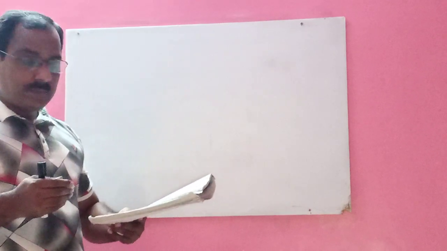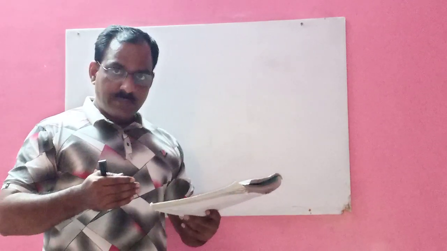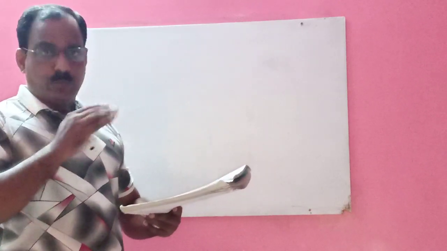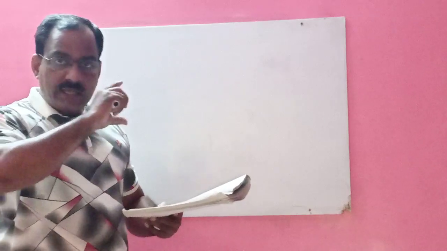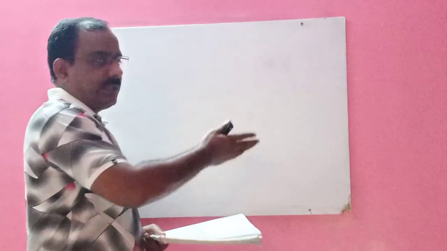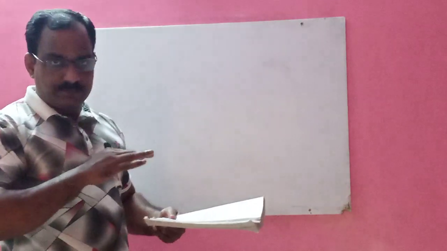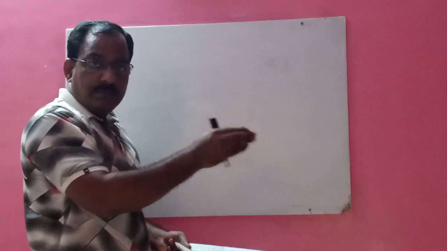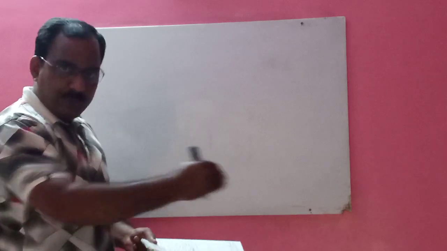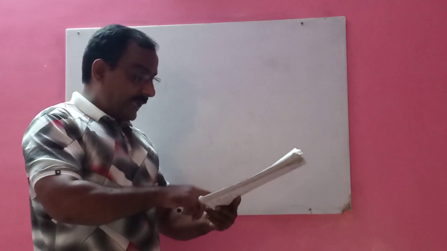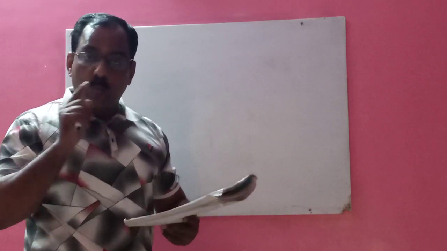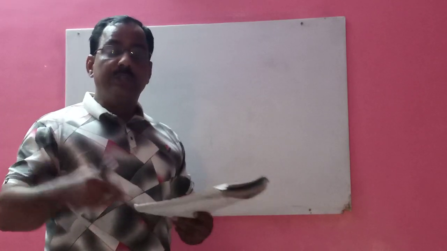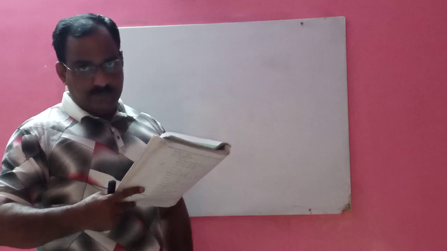Means children, there is a tree, it is broken due to storm, and that broken part of the tree falls on the ground. It is getting rested on the ground. When it falls on the ground, it makes an angle of 60 degree with the horizontal. So what is the actual height? What is the original height of the tree?